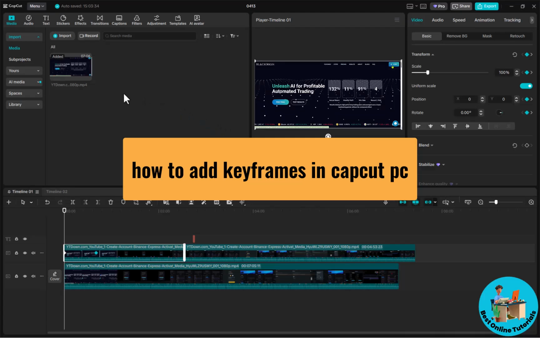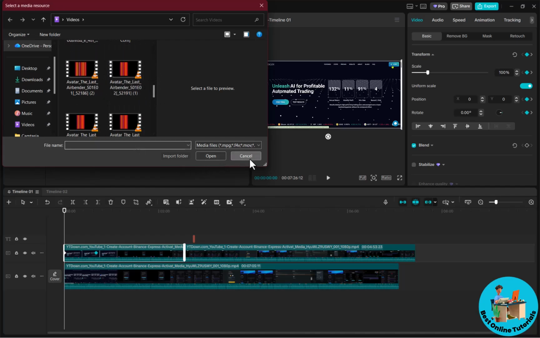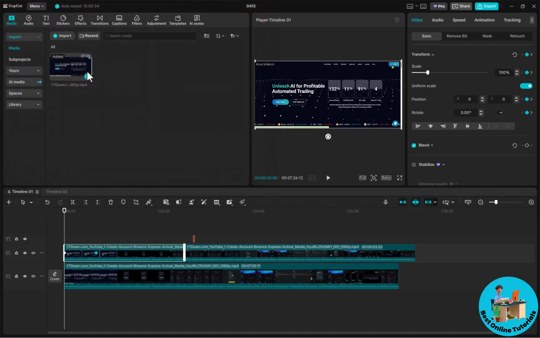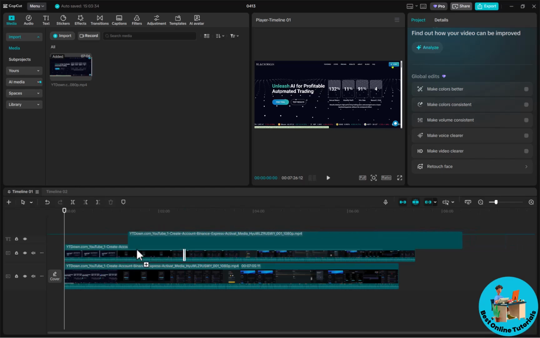How to add captions on CapCut. All you need to do is click on import here and then scroll through till you find what you want to import. Once you have, it's going to be added to your media. And now all you need to do is just simply drag this over to the timeline and place it anywhere